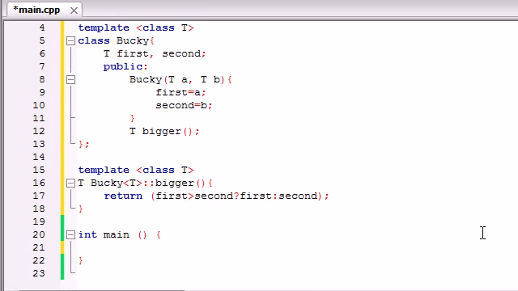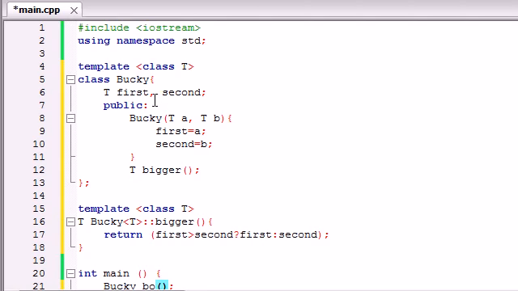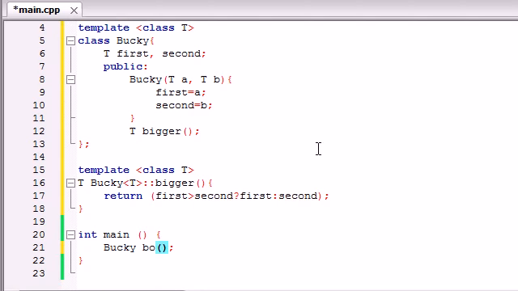So now let's go ahead and make our Bucky object and run this, and let me show you guys how it works. If you think you guys know how to do this, you don't, because there's one other little weird thing that you have to do. You go ahead and make your Bucky object just as you think you would, and since this is a constructor that takes two parameters, first and second, we need to give it its two numbers, like 69 and 105. And now after this, we can go ahead and cout bo dot bigger,